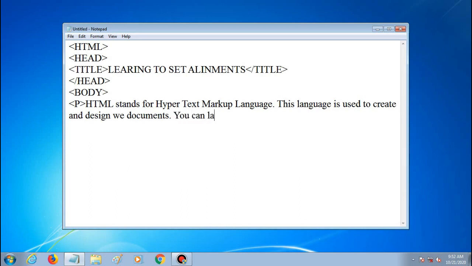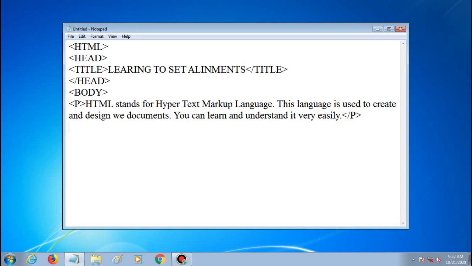You can learn and understand it very easily. So after creating a paragraph, close p tag.